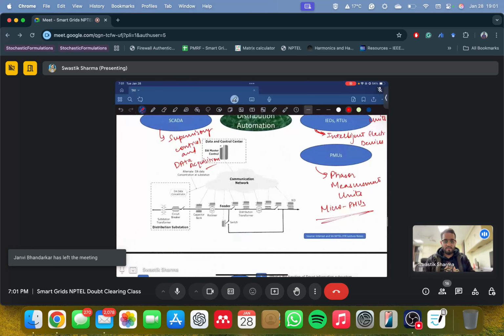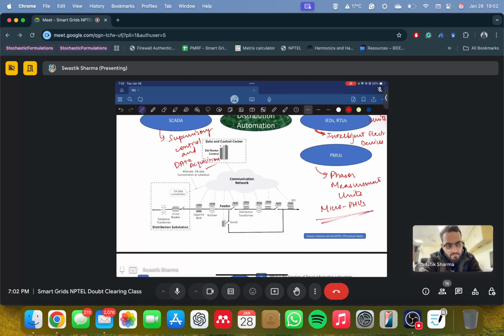You can't operate a relay without an IED. IED is a regular term used for any digital protection relay. So a PMU cannot replace an IED; it has its own application. An IED may be a differential protection, overcurrent or earth fault relay, or even the bay control unit, BCU, for the bay. All those devices which have communication capability and are time synced are known as IEDs, with multifunction applications. One relay is not only for overcurrent protection; it is for overcurrent, earth fault, differential.